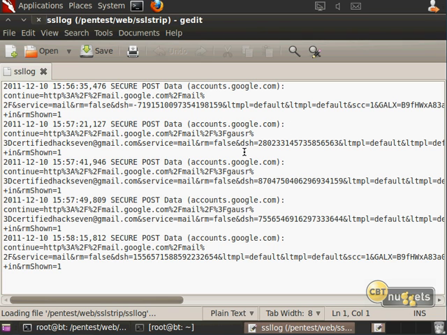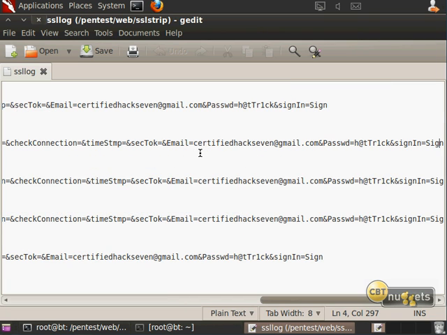Now when I open this up, even though word wrap is turned on, you still have to scroll off to the side to see some of this. You can see the several attempts that I had for logging on here. But what was the username? Okay, it was certifiedhack7@gmail.com. And if I keep going off to the left here, I'm going to just press the end key on my keyboard. We see that the password was, oh thank goodness,